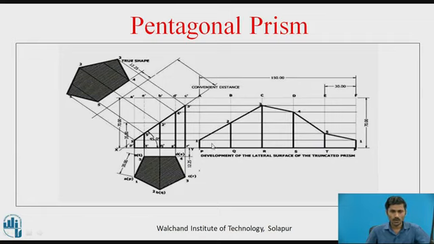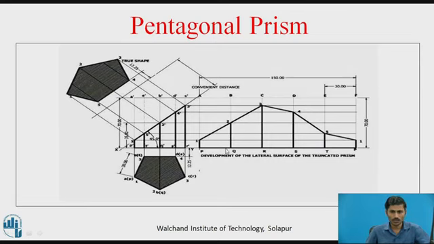Now, we have already drawn the development of the surface for the full prism. So after marking the intersection points, we need to transfer them onto the vertical edges drawn in this surface. Here the intermediate vertical edges have to be drawn at a distance of 30 mm, because this length is equal to 30 mm, 30, 30, 30, 30. So this total is 150 length, so it has to be divided five times.